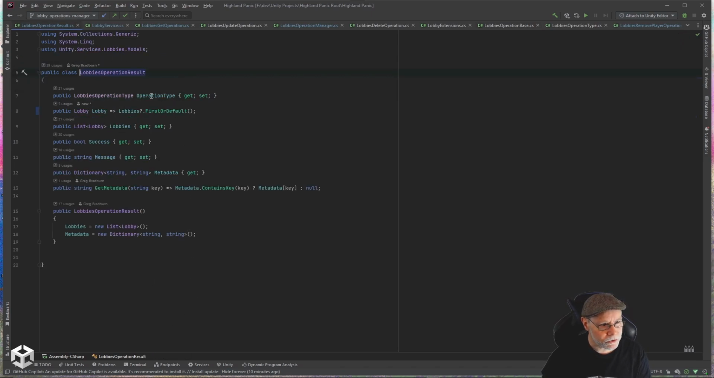Lobby's operation result will return the operation type, a list of lobbies. So if this is a query operation, it will have the list of lobbies returned by the query. A Boolean that says whether or not the operation was successful, an optional message, might be an error message, might be some other informational message, a dictionary of optional metadata that might be relevant to the request, a function to get the metadata by key, and then basically in my constructor for this lobby's operation result, I want to initialize my list of lobbies and my metadata dictionary. So going back to the lobby's operation manager,